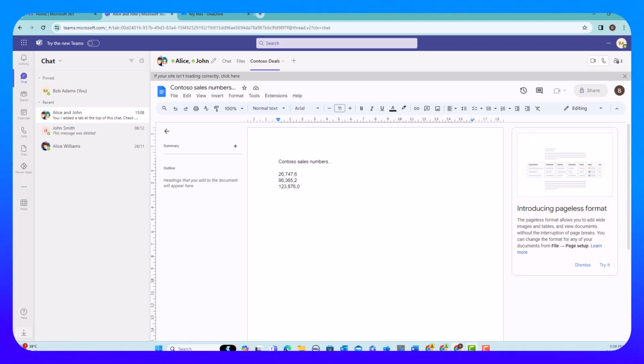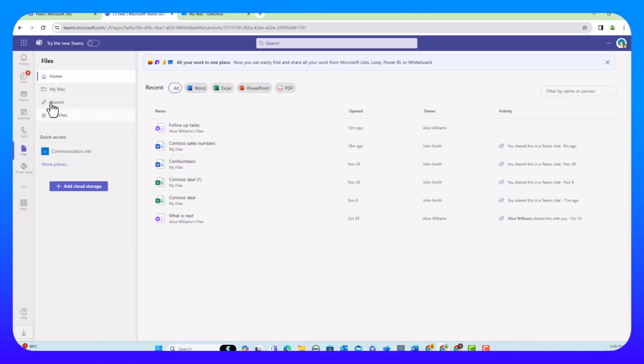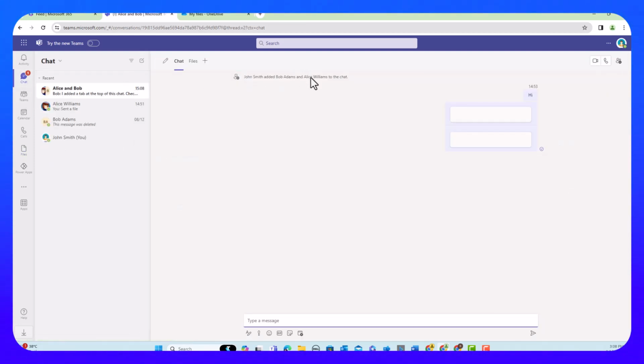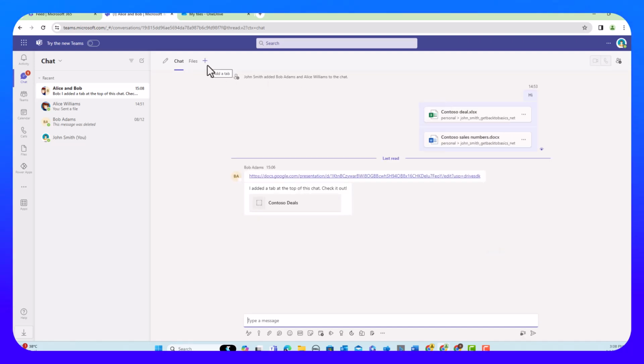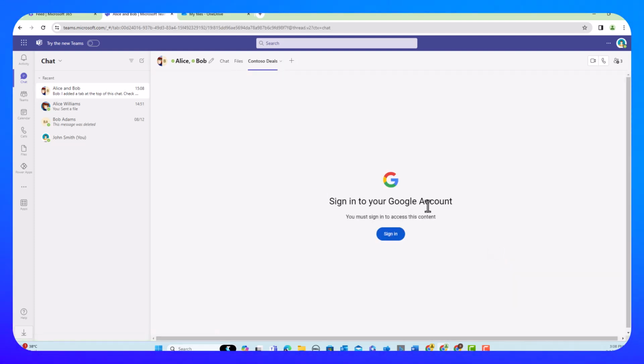And if I go back to John's, now I should see here that I have the new tab. Will show up in a second. And this is the Contoso deal. I need to sign in as well because this needs a Google account to sign in. I don't have the account. Let me go back to